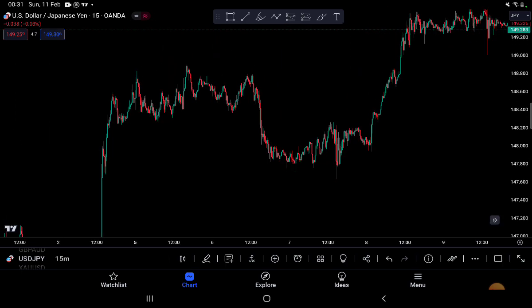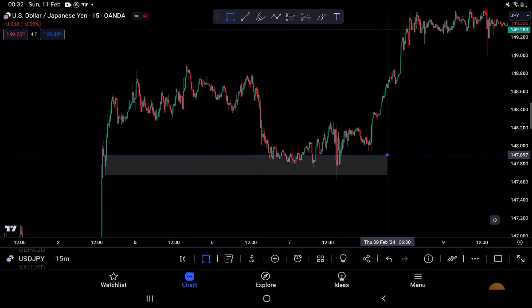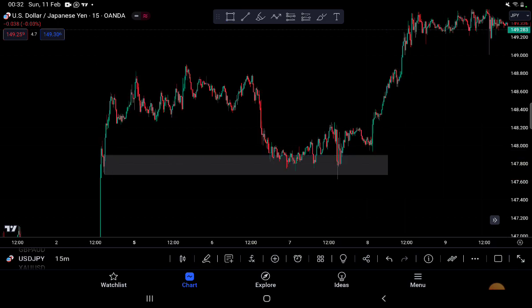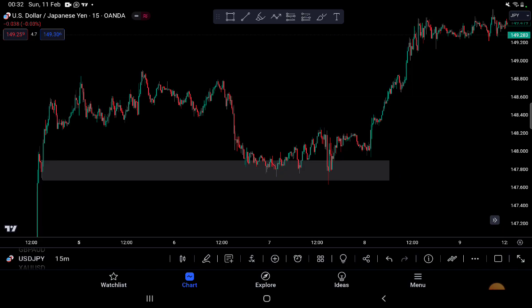Now, after the market within this zone made a pullback to this area, now this pullback was valid because of this single candle order block. So what I did is I mapped out this zone, waiting for the market to come down to this point. Now when market approached that point,